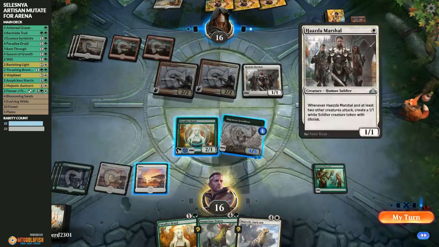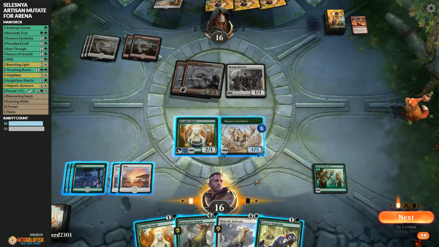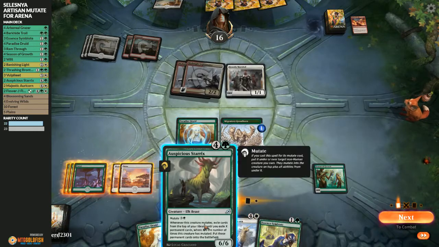But our opponent does have a mass of creatures. I can Star X to probably go wide at this point. There's an Essence Symbiote. So alternate plan, I can Essence Symbiote, Majestic Auricorn, but that's...